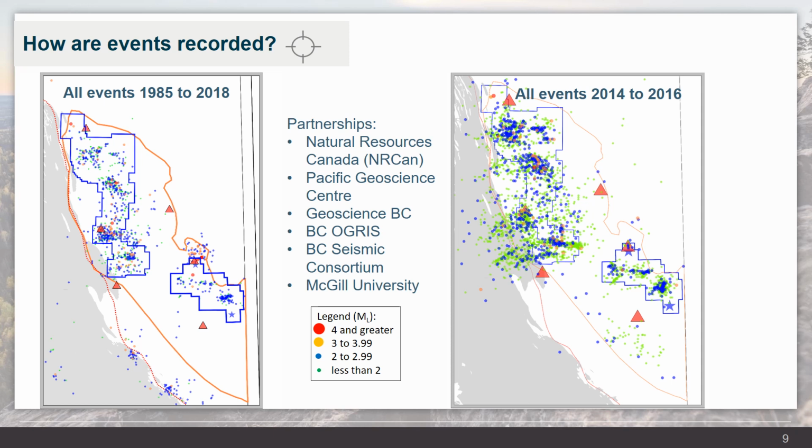The Commission has partnered with several agencies to supplement the national catalogues by re-examining the seismic station recordings in an effort to catalog smaller events to increase our localized knowledge of seismic patterns. The map on the right shows a supplemental catalog of events from 2014 to 2016. There are far more green dots, which represents events of magnitude 2 or less. Links to Natural Resources Canada's searchable database and supplemental catalogs are available at the end of this presentation.